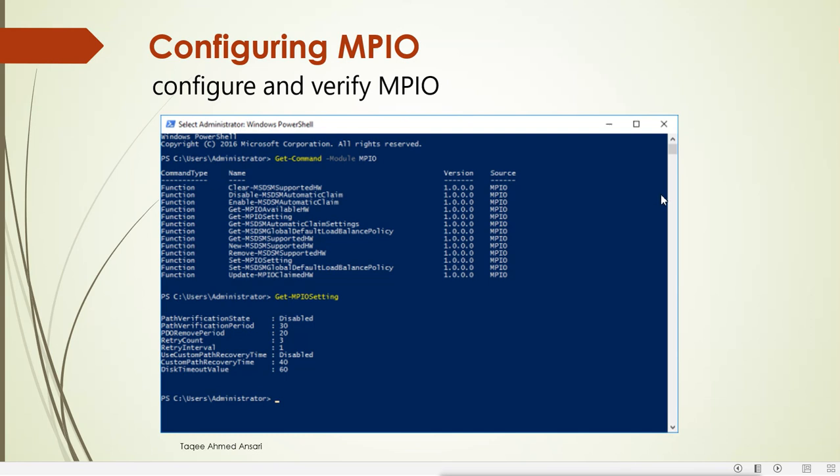Now for configuring this MPIO, remember we can't configure it for the clients, it is for servers. This is our server, or we can say this is our iSCSI storage server.